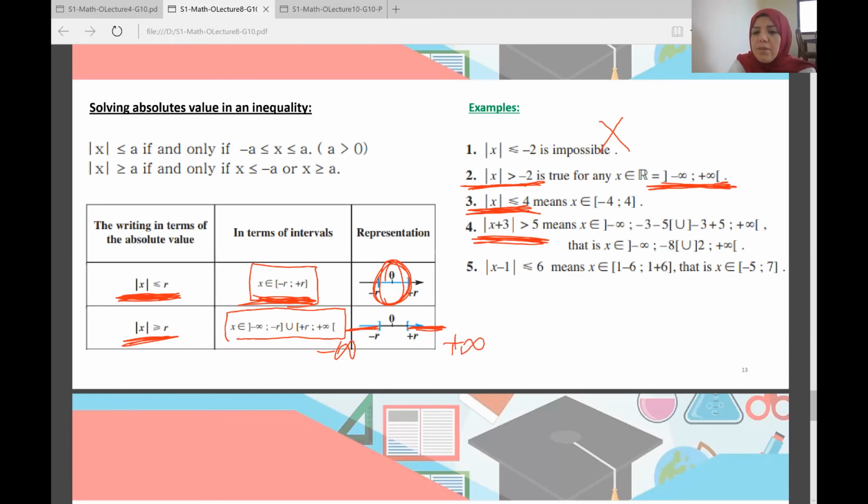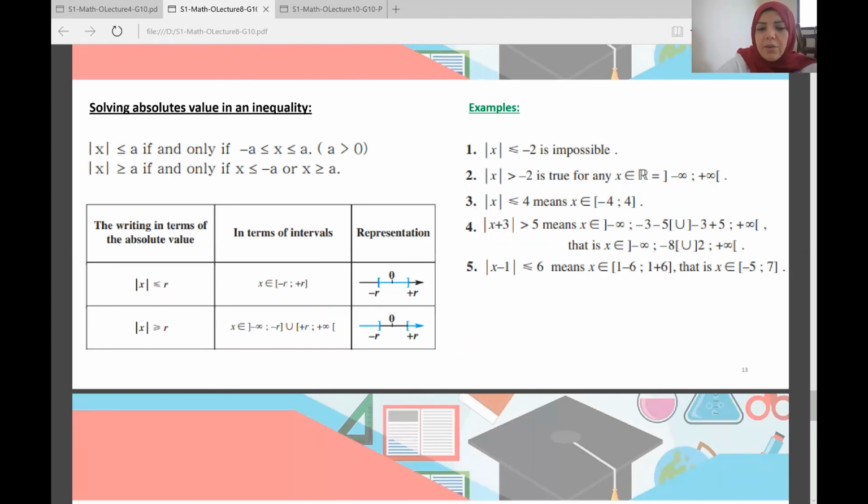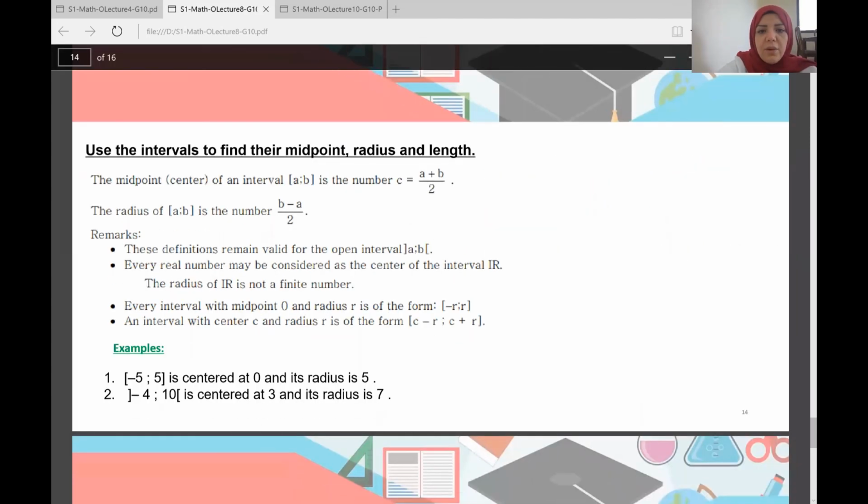I'm going now to solve some exercises to make things clear for you to understand. Let us go now for the exercises. So those are the important